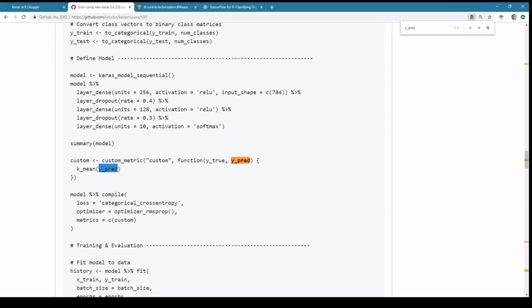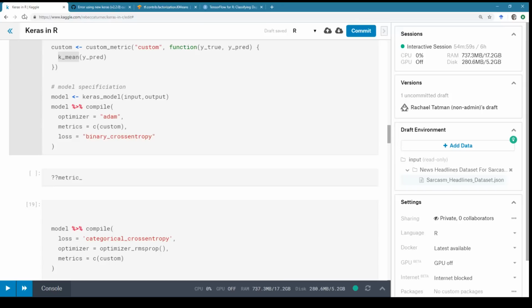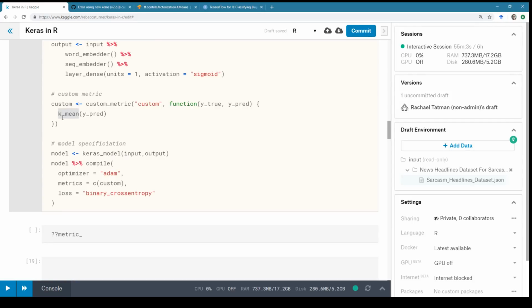But that sounds like a lot. Magician says, I think I know what's going wrong with the model. Do you? I would like to know this. So we definitely don't want k-means. We want just like accuracy, like the binary accuracy.